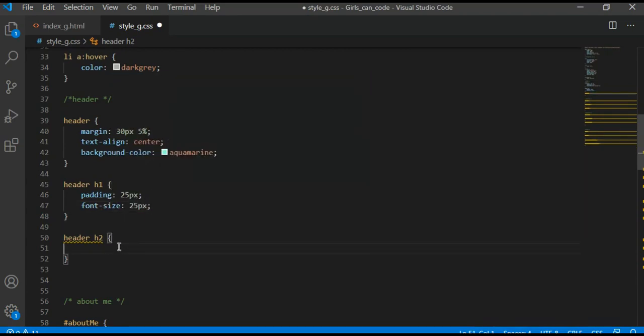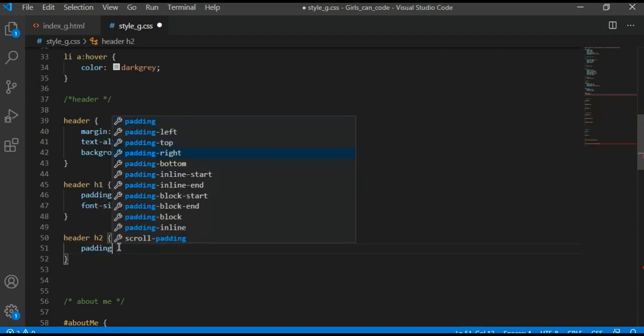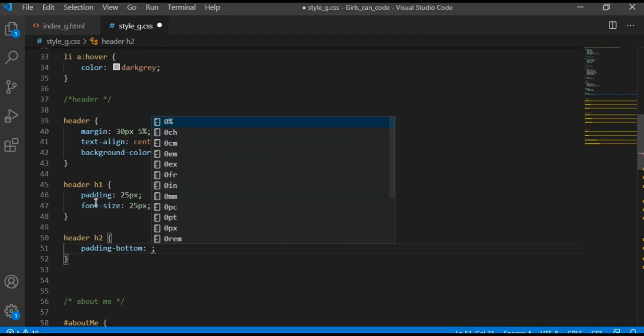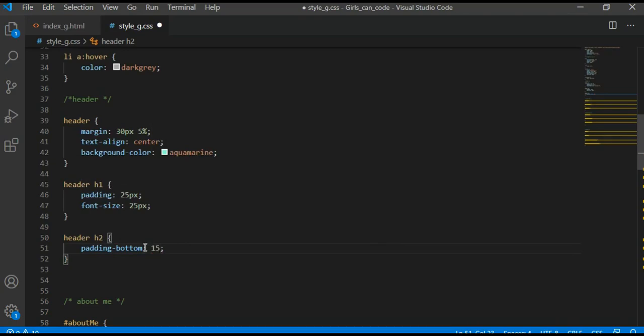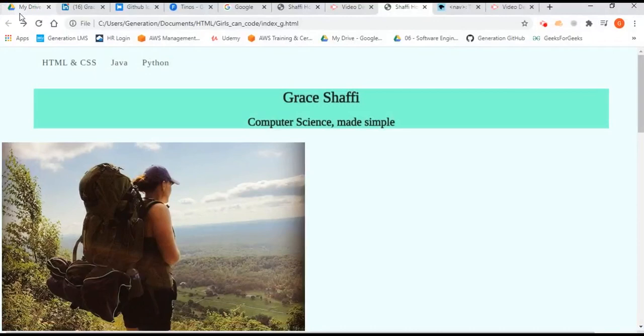And then for header 2, I just want to add some padding to the bottom, because remember, I've already got padding all around header 1. If I add padding to the top and the bottom of header 2, they're going to be really far apart, which is why I want to make it a little bit smaller, but it's why it's different like that. If I go back and look at this,